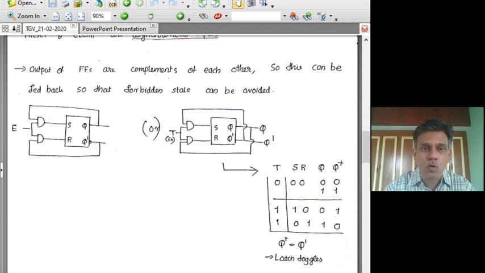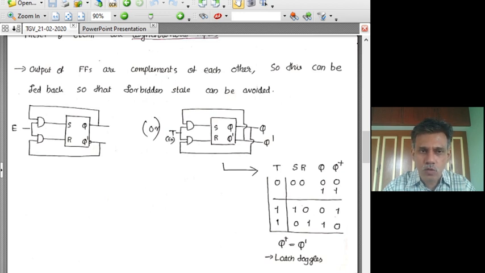But to have control of when this feedback should work, we have an additional control signal, an enable signal, which we will call the T signal. The reason for using T to denote this enable signal will be obvious. These AND gates are used basically to let this enable signal enable the working of this SR latch or disable it. So let us look at how this latch will work and what is the role of this T, or the enable signal.